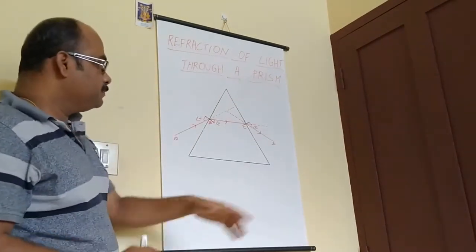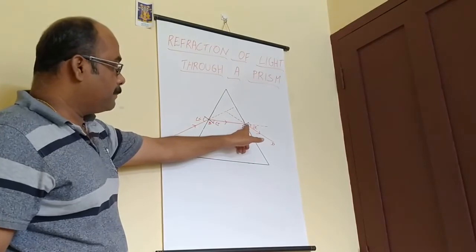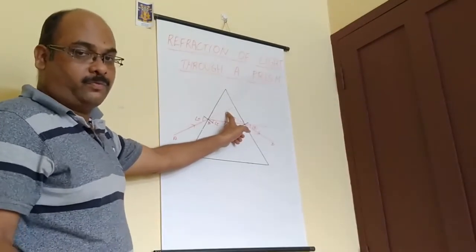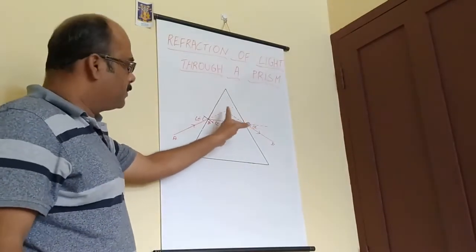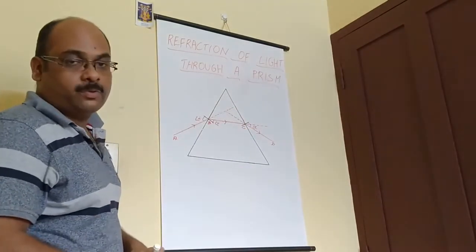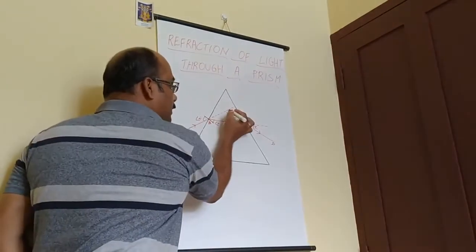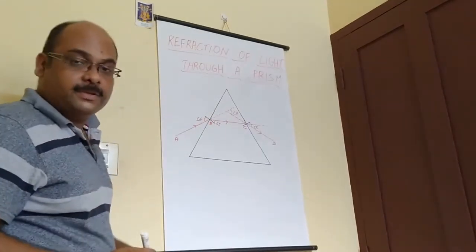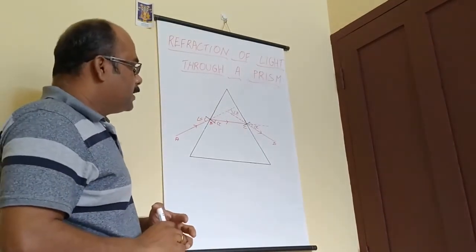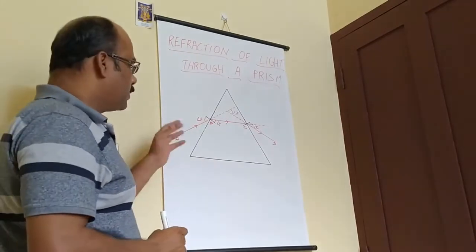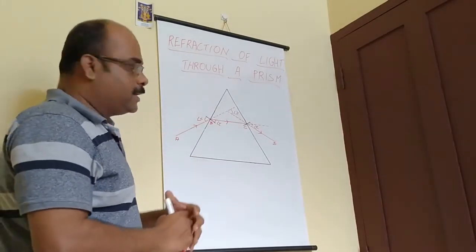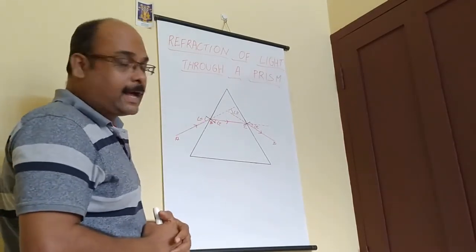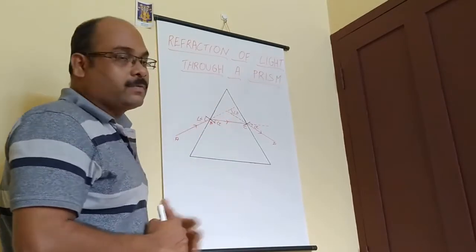So how many degrees of deviation is there? How can we find out? You have to draw a line backwards from the emergent ray. So it will come and touch the original path, which would have been there if there were no prism. So you can find out the angle, and this much deviation is there, and that is the angle of deviation. By using a glass prism, you can easily draw this, and that time you can correctly find the angles also. What is angle i, what is angle r, what is angle e, and what will be angle d.